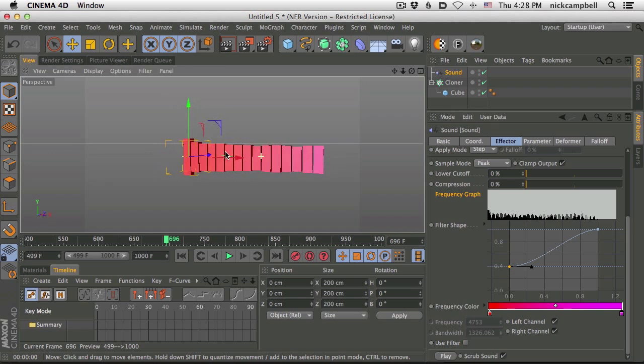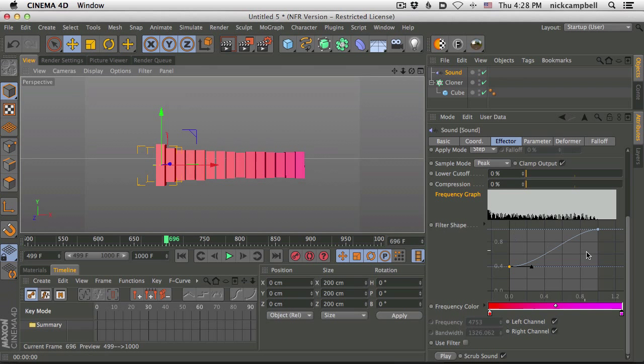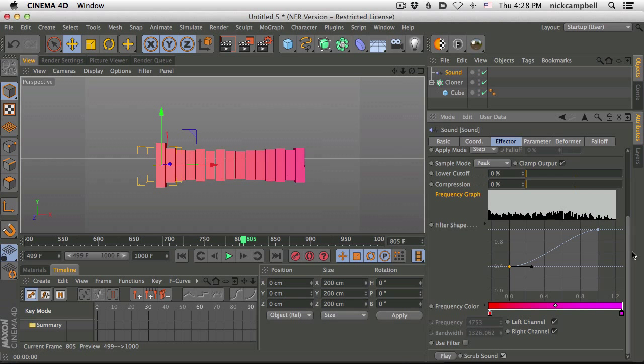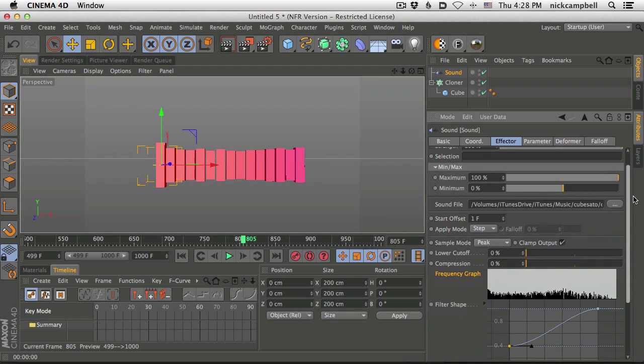We don't have to. I certainly do. Like it from low to high in that frequency. Okay, but that's what it does. Right below that, you can actually see you can play the audio if you like, and you can scrub, turn on and off the scrub sound. If you leave it on when you scrub, it's going to play the song. And if you want that off, you could do that, and then it's not going to bug you when you move around. So that is the sound effector.